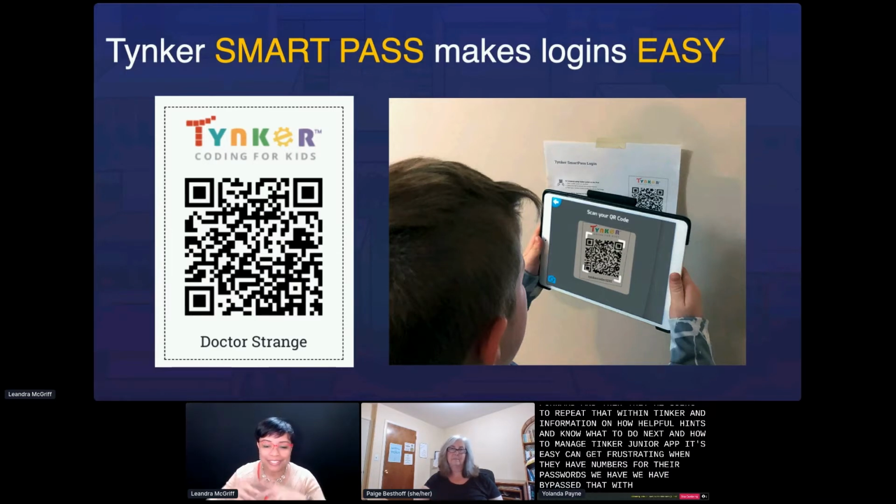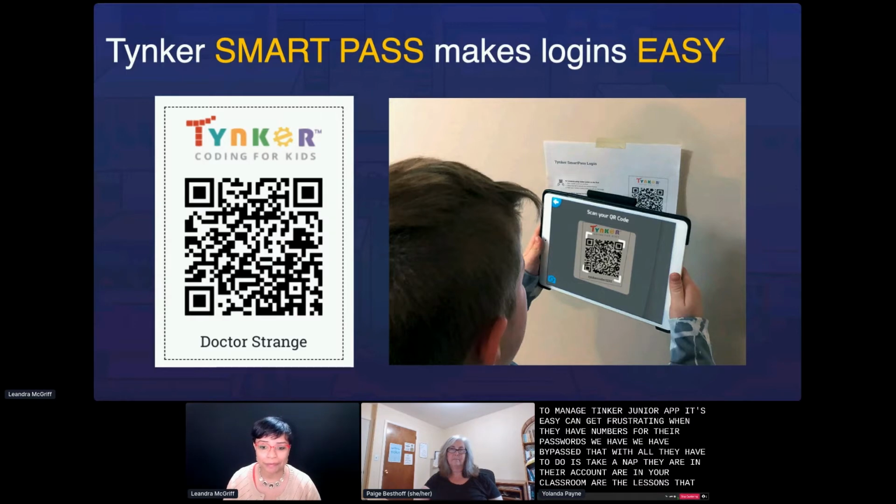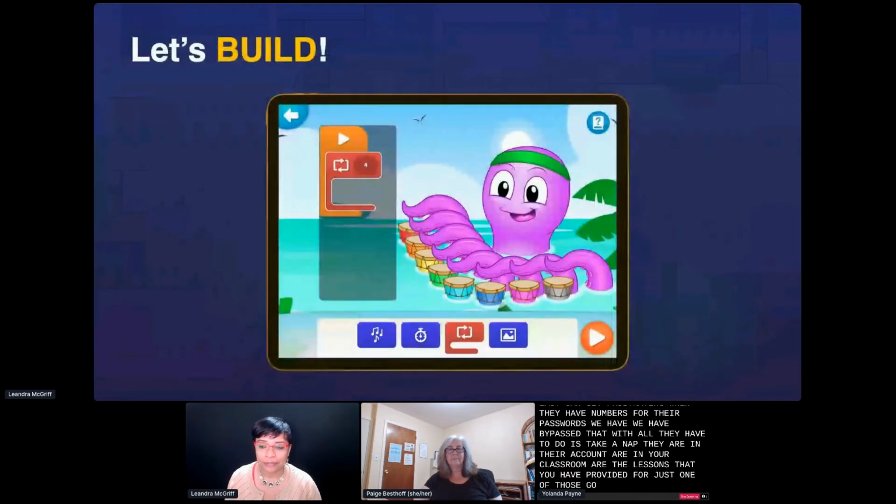All they have to do is take a snap of the picture and boom, they are in their account, ready to go. Kids can do it. And they are in your classroom, which is great. You can even have it for the lessons that you have provided for your students. They'll be ready to go. So this is just one of those great advantages of using Tinker.